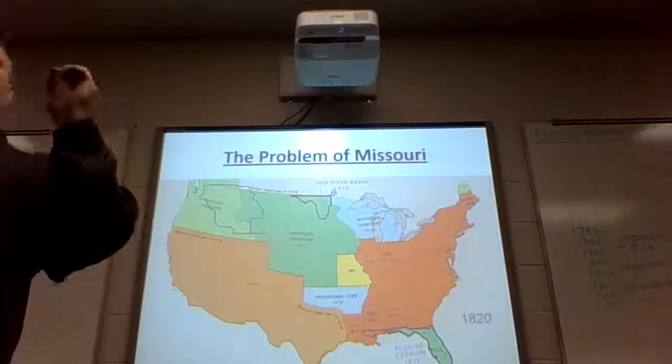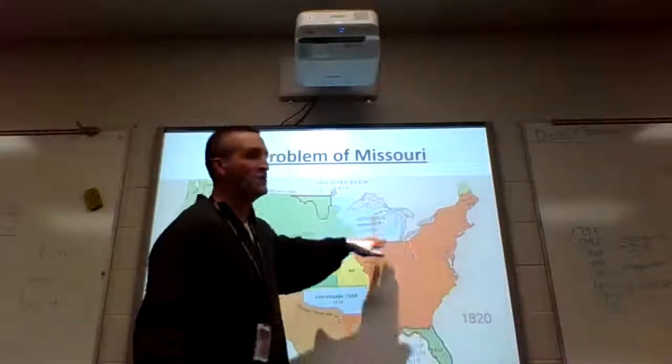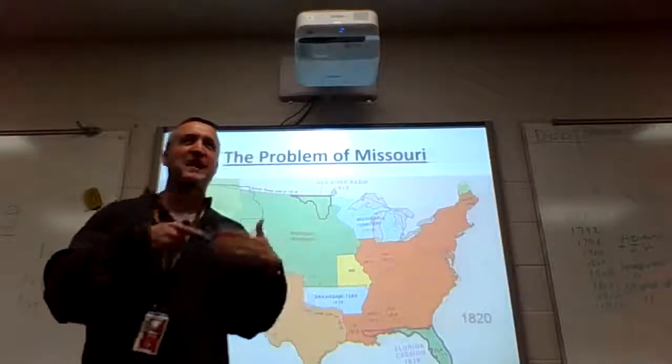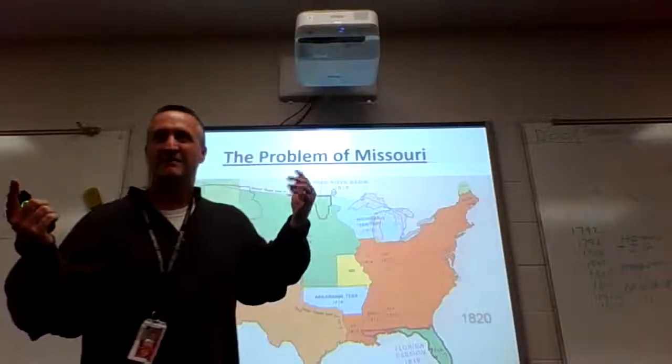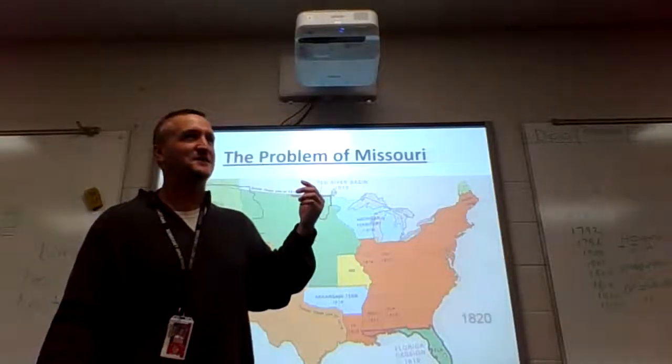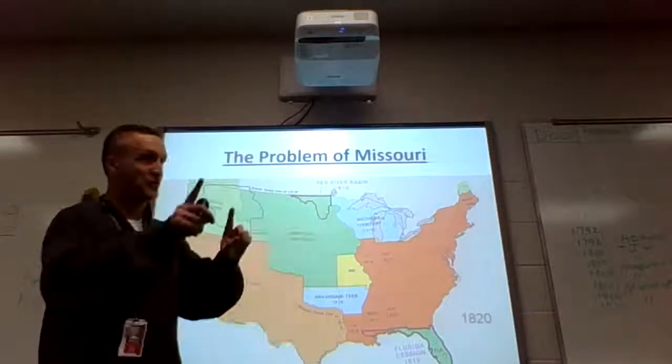The Missouri Compromise was the second time that the federal government said, all right, no slavery allowed in a territory. Does anyone recall the first? It was this chunk of land right here, the Northwest Territory. Remember that Congress passed a law saying no slavery would be allowed in that area? Does that ring a bell? I failed as a teacher. Anyway, no slavery allowed in this territory.